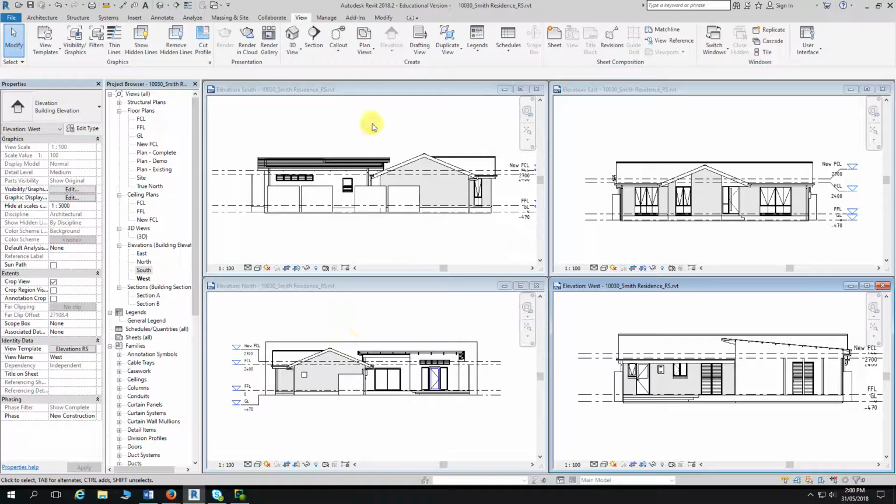Now, just as an example, if I wanted to turn the trees on in all 4 views, turn those trees on,